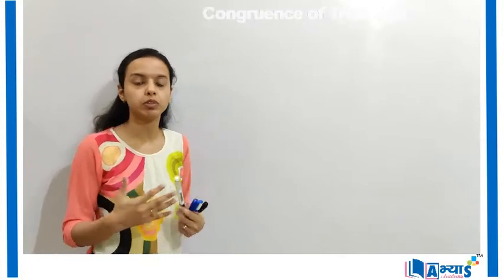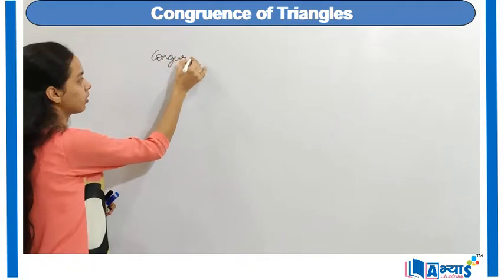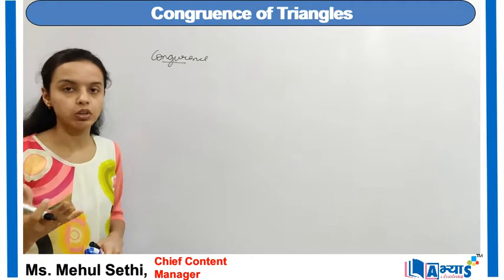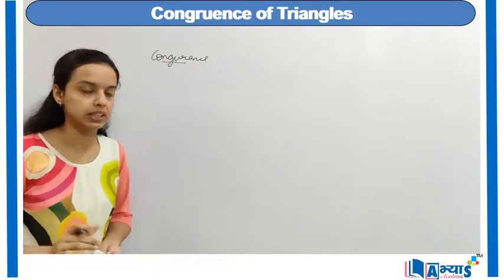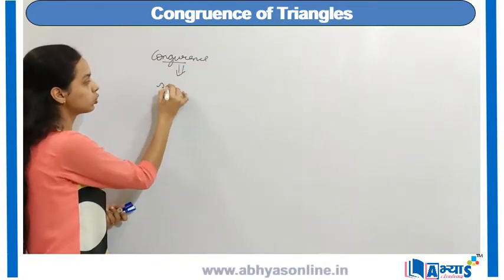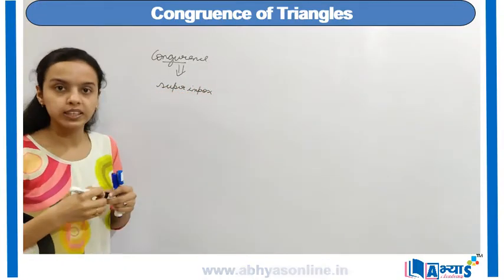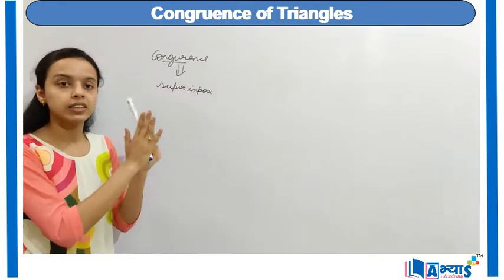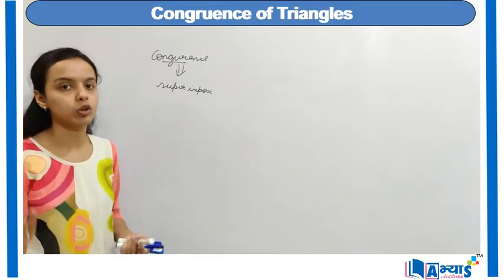Of important concepts for congruence of triangles, and that is the property of congruence, or the basis for congruence of triangles. To understand what is congruence of triangles, let us first see what congruent figures, or what congruency, means. The word congruence basically means to superimpose. That means if two objects are congruent, then they will superimpose on each other. When you combine these two objects, they appear to be exactly one. So when two objects superimpose on each other, they are said to be congruent.